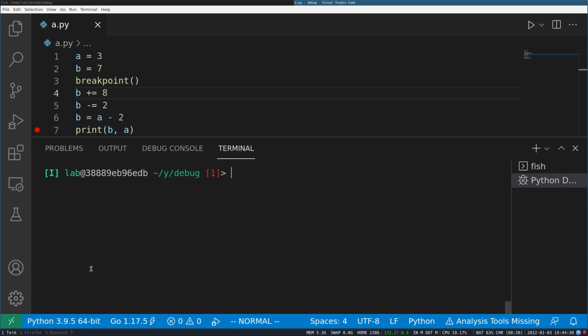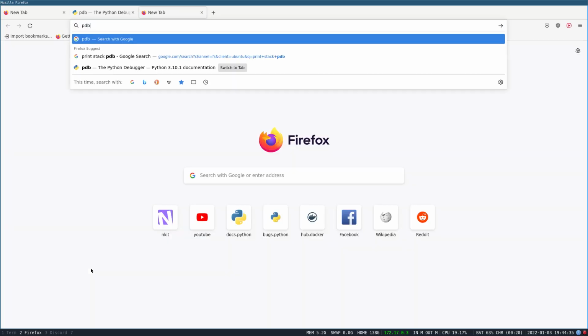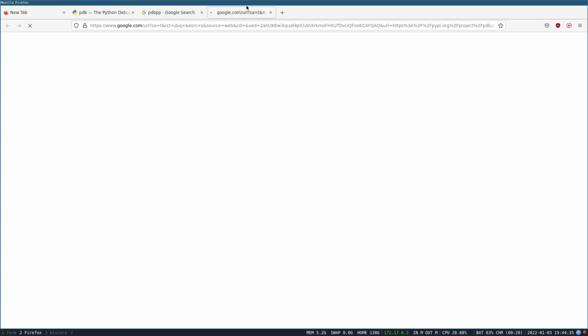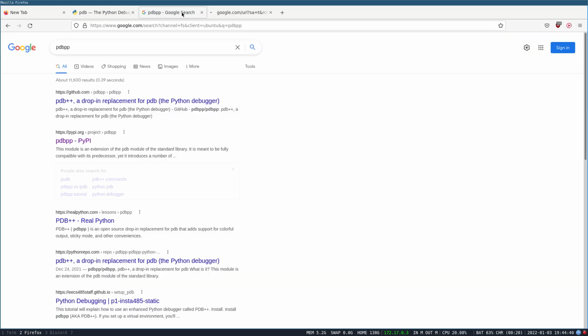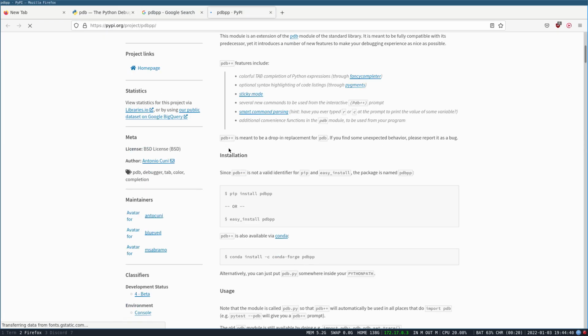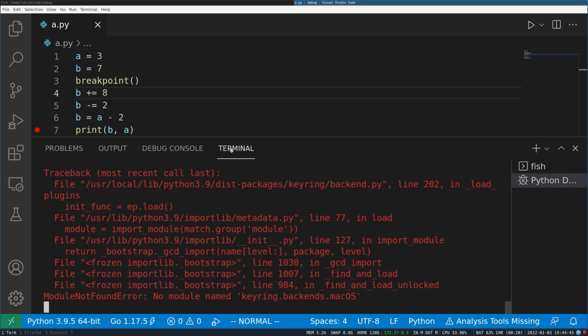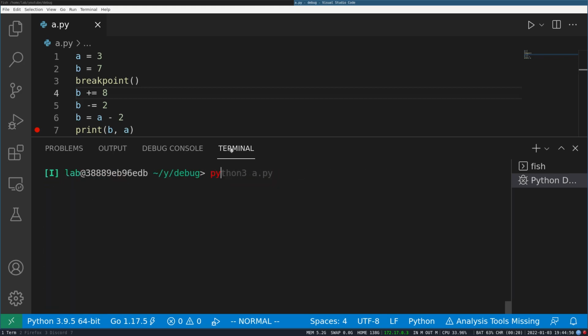So I use a tool, PDB++, and once you install this, it overrides the original PDB interface. So now if I run it, then it is colored.